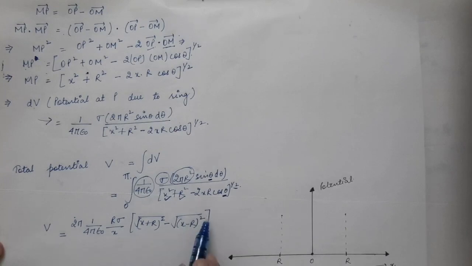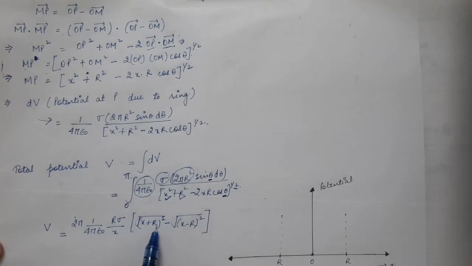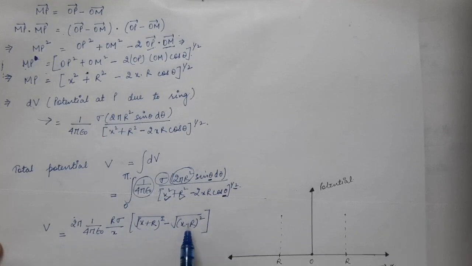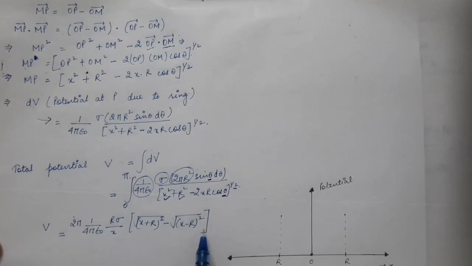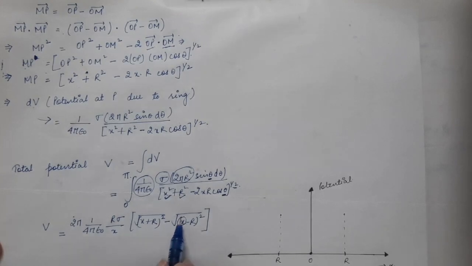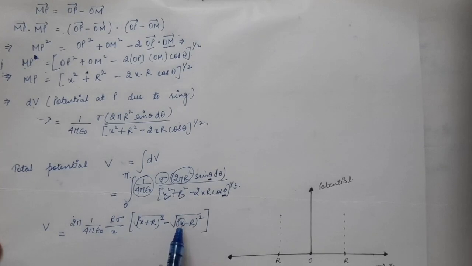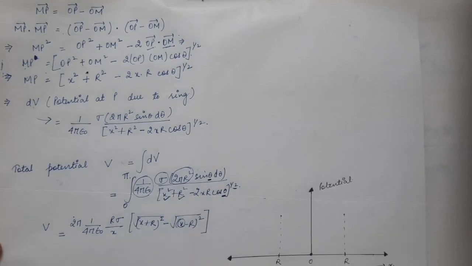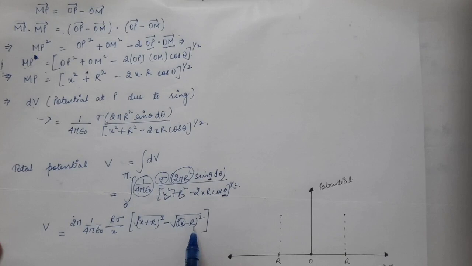Now inside the square brackets you will get the square root of the whole square of x plus r. So this whole square and this square root can cancel with each other, so this will be nothing but equal to x plus r always. But in the case of this second term, x was the position of the observation point. So x was the distance of the point P, which was the observation point, from the center of the shell, and r was the radius of that shell.